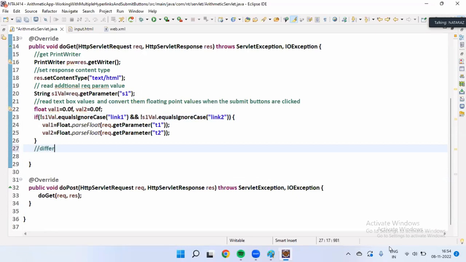Differentiate the logic. Logic for multiple submit buttons. Okay, now tell me, guys, to display